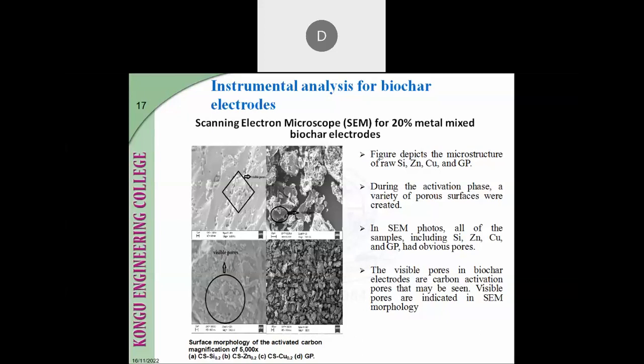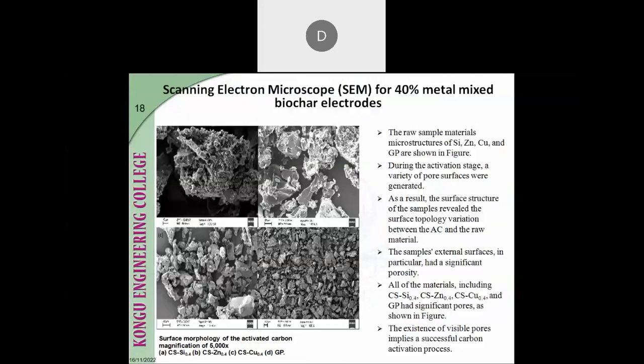We can see the visible pores in the biochar electrodes after the activation, which is indicated by the SEM. This is about the 20%. Similarly,